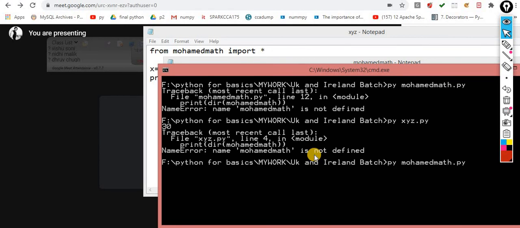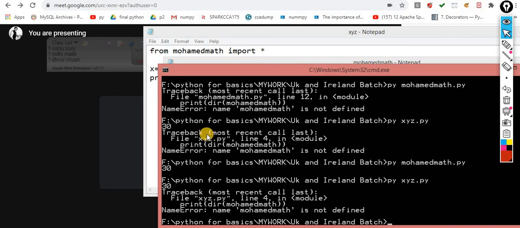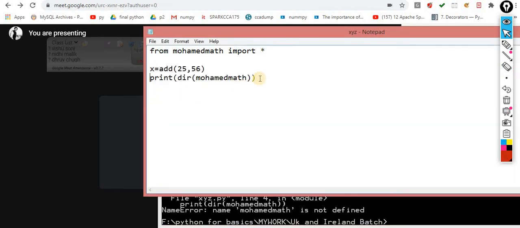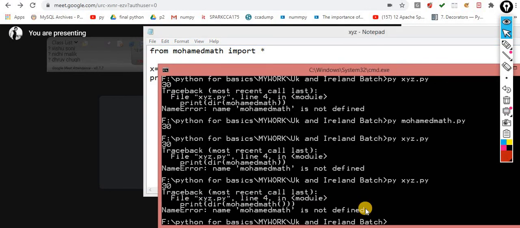Okay, Mohammed math is working. Now I am calling XYZ, because inside XYZ I import Mohammed math. Here it gives me the error. Let me try this. Might be it works. No.